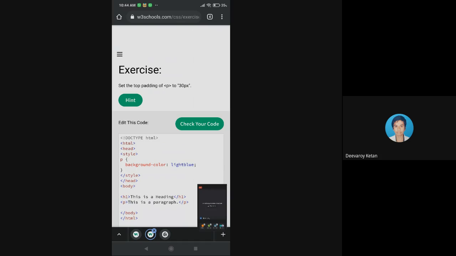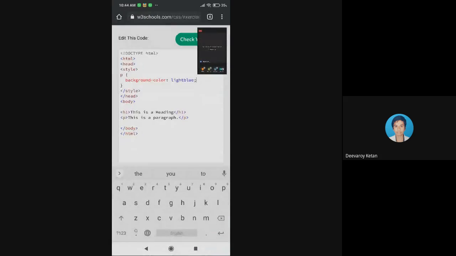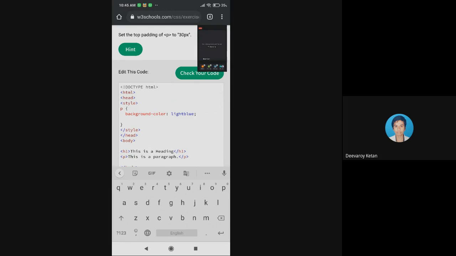Now I want the padding for the paragraph to be top 30 pixel. So already he has been given paragraph tag. So in the style tag where we have mentioned the paragraph element, now here in between this we have to edit the code. So here we have tried about the padding. So top padding or padding top.